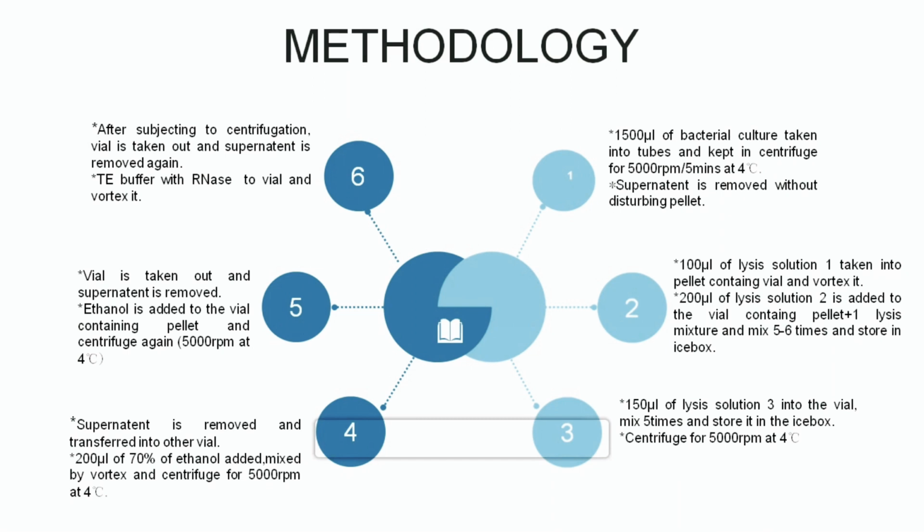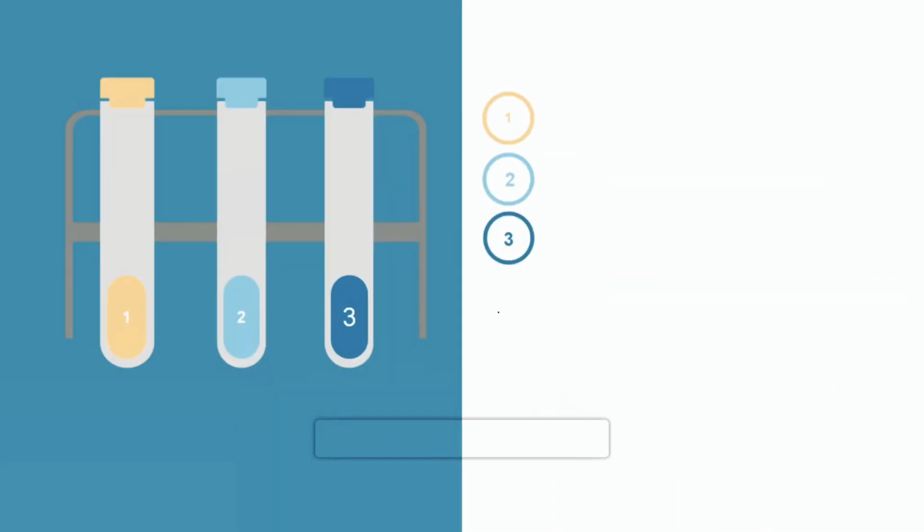As I mentioned earlier, now the supernatant will be removed and it is subjected to agarose gel electrophoresis. As I mentioned earlier, there are 3 solutions, that is buffers. The first solution is resuspension buffer. It is a basic pH Tris buffer which helps to denature DNA, and EDTA. EDTA stands for